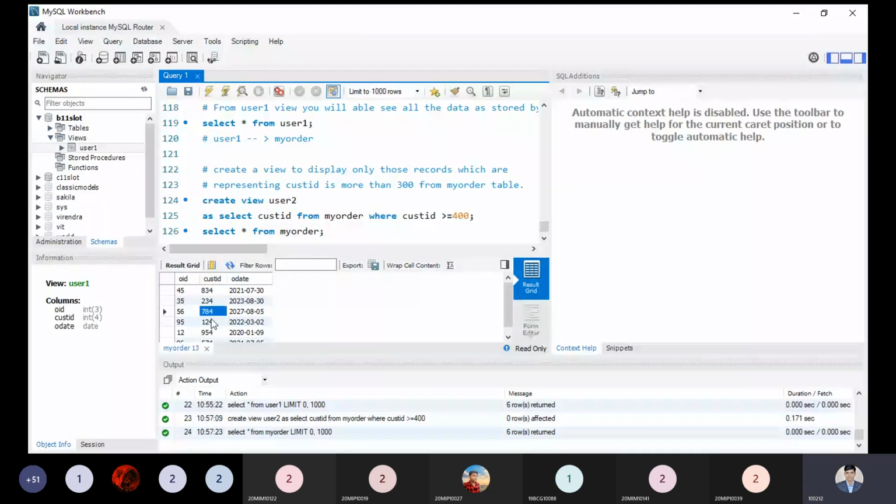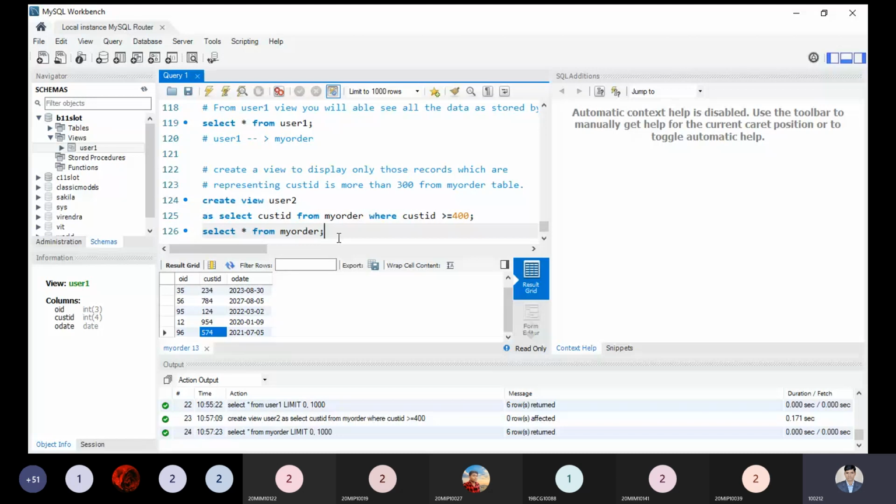So there are 4 customer IDs in the my order table having a value more than 400. From the actual table, the attribute I have chosen is customer ID, so order date and order ID will not be acceptable or give information from user two, and it will display only user two.